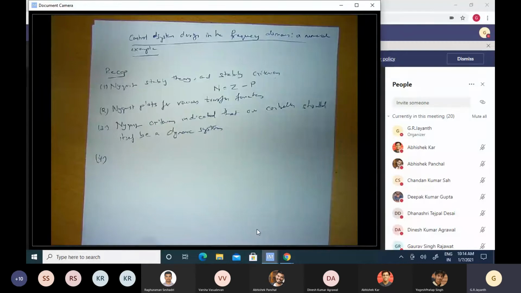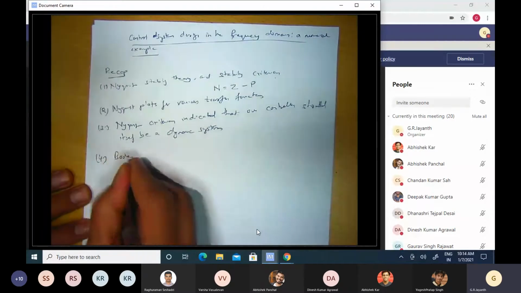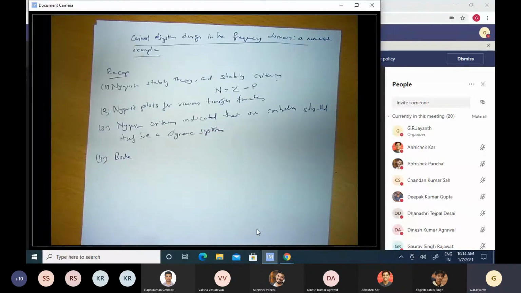Okay, so this was where along came Hendrik Bode, and he introduced the Bode plots, okay, which convert Nyquist plots into more intuitive plots. The information is the same as what is available in the Nyquist plot. It is just that it is plotted in a different style so that it is more amenable, more user-friendly and intuitive for the design engineer. That is because the Bode plot has its y-axis as the log of magnitude. It's actually two plots. One is log of magnitude, the second is phase.